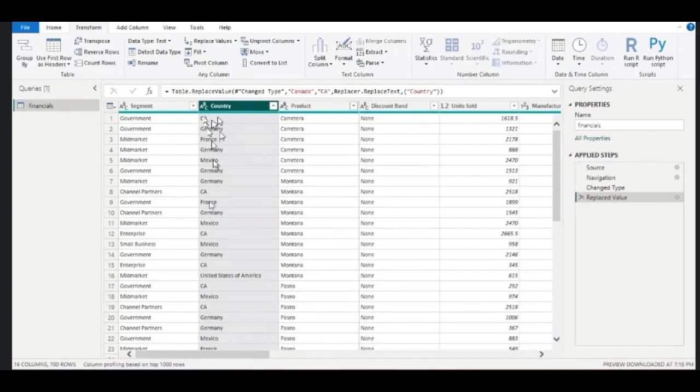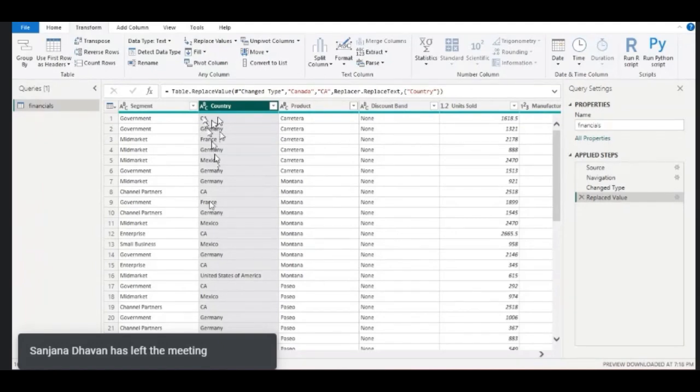So based on this you are inferring, this is called logical inference. You are inferring that CA should be some country name. So I'm supposing it as Canada. In real time also you should